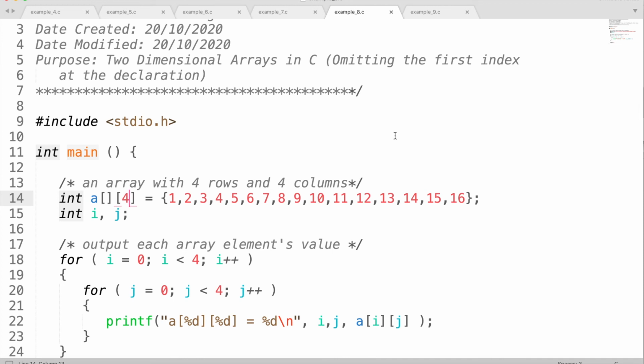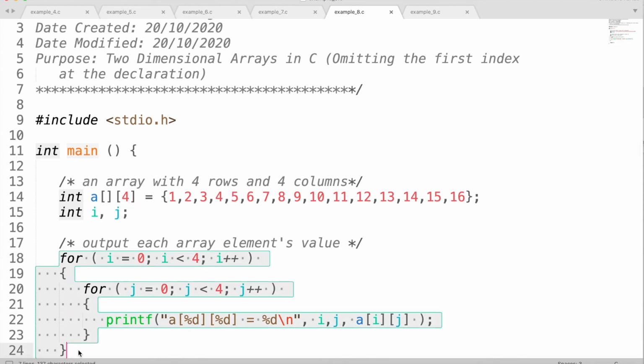I hope you all are clear with this example, and you all know how to initialize or how to declare your two-dimension arrays, and you know how to traverse through your two-dimension array using nested for loops or nested while loops. You need to have 2 loops in order to successfully access elements in two-dimension arrays, right? So now let's think about how we can extend this two-dimension array into multi-dimension arrays.